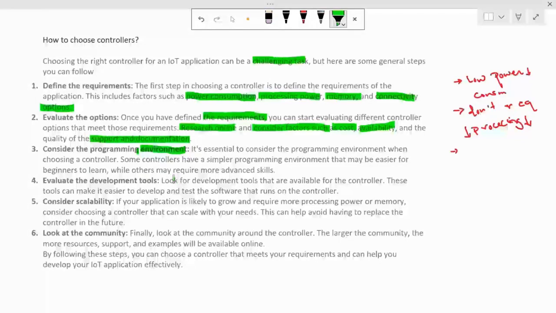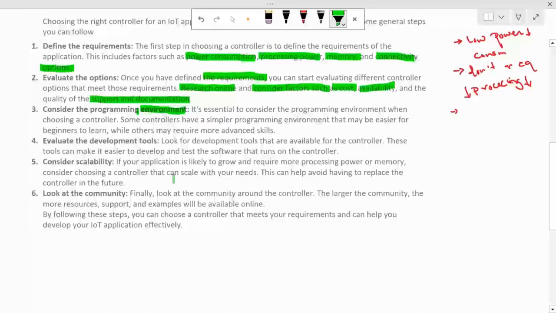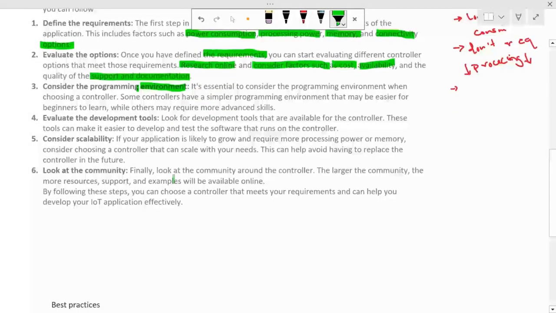So again we will see what is the programming environment and how to program your controllers. I won't explain this point in detail because details will come in near future.